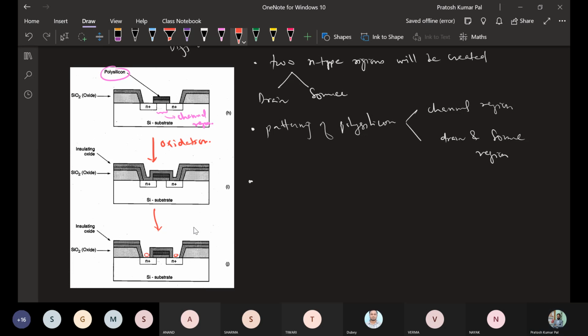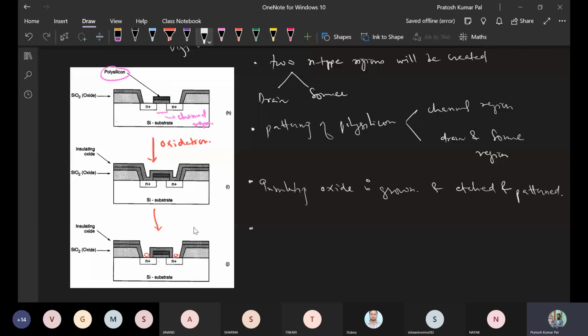Once the insulating oxide is grown, it is etched and patterned to form this open structure for drain and source.